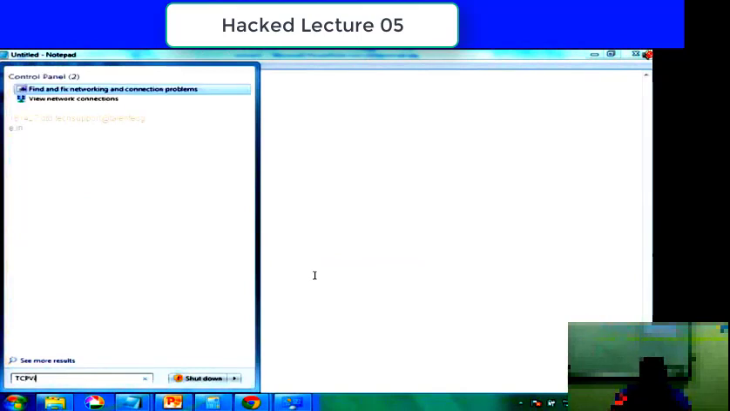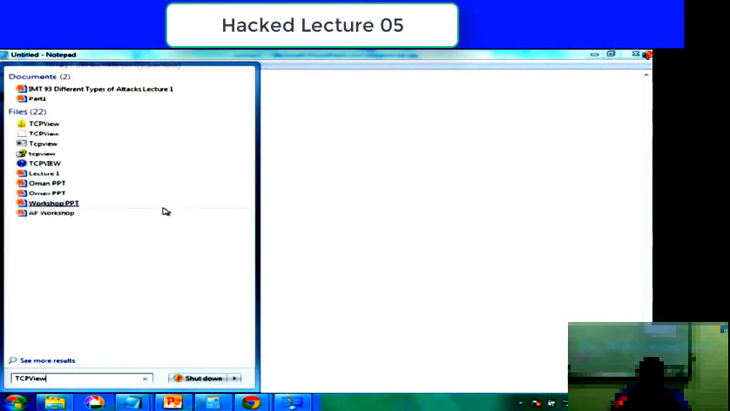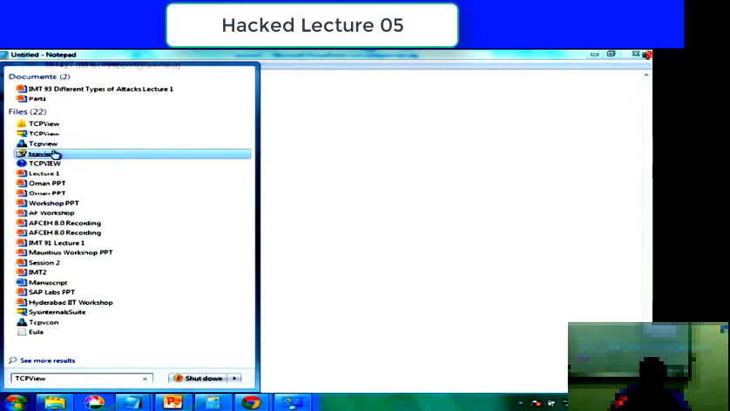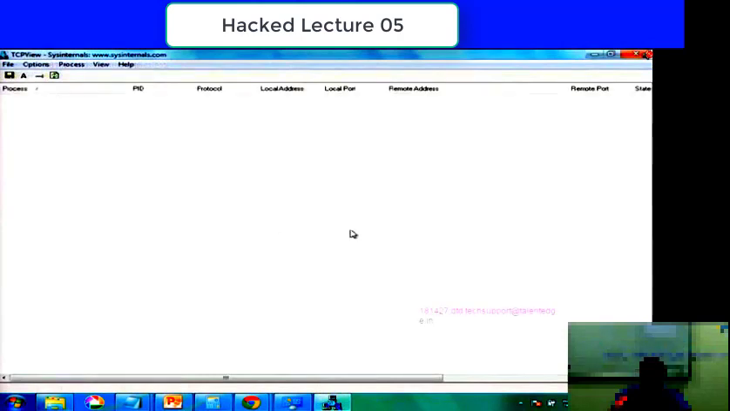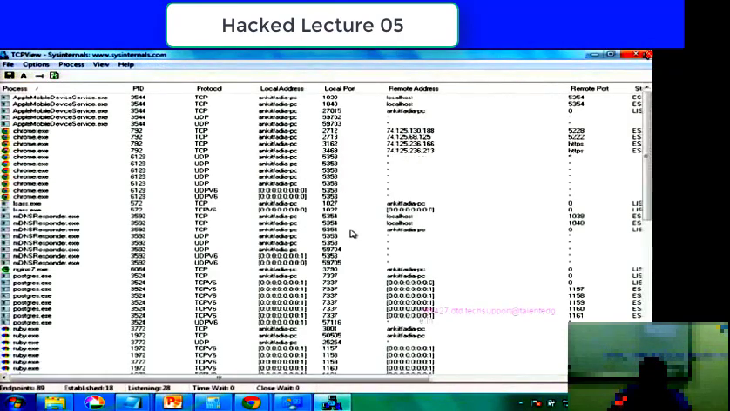So let me give a demonstration of TCP View to all of you. I hope I have it installed on my computer. Alright, there you go. I believe this is the TCP View software. Let's wait for it to open up on my computer. What the TCP View software does is give a graphical map of all the applications that are running on your computer, all the ports that they opened on your computer, and the remote connections that each application